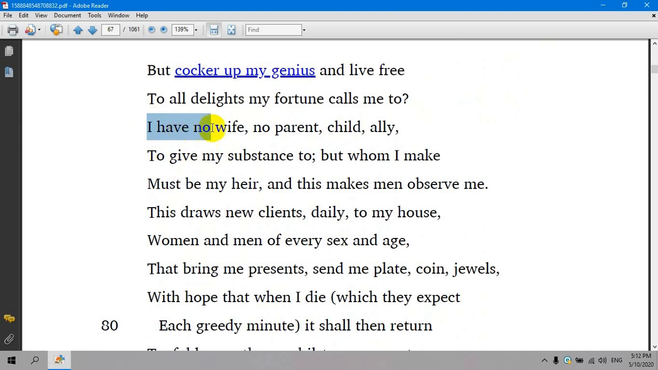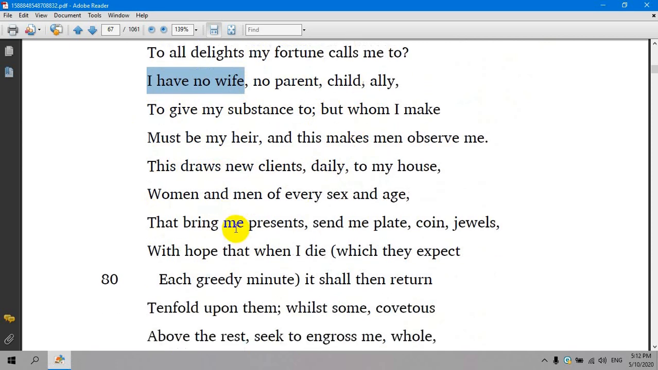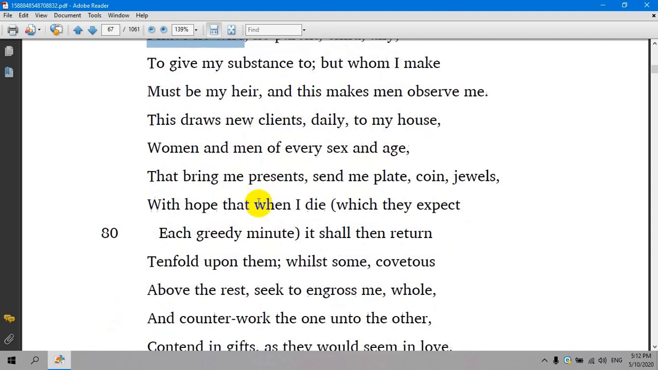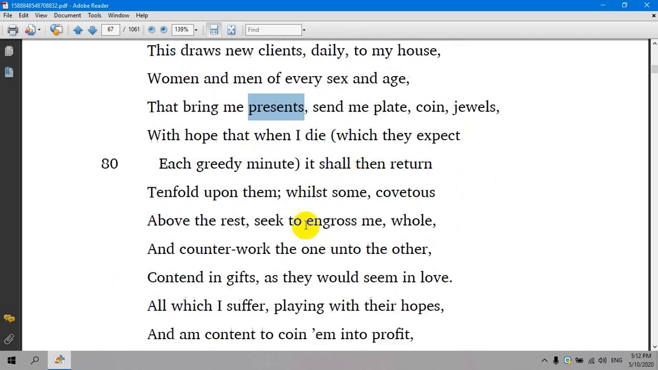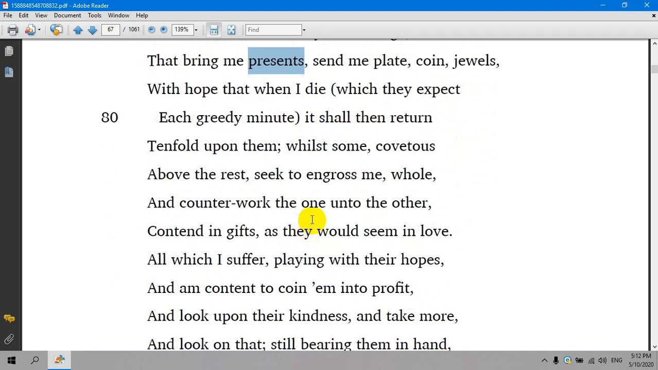So Volpone has no wife, no parent, no child, and the people come to be his heirs, and they bring him other people, women, men, whom they call clients, and they bring him lots of presents, jewels, coin, in the hope that Volpone will die, so they will be the heirs of Volpone. And this is related to the theme of this play, which is